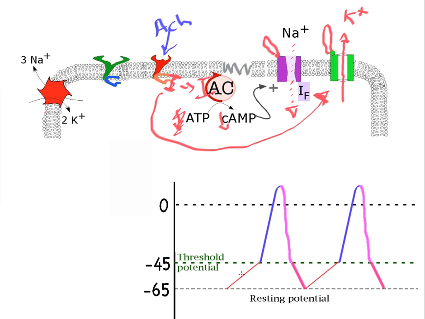That's also a relatively polarizing thing. Remember, it's potassium leaving. Here, that's actually repolarizing the membrane. Here, many fewer potassiums are being let out, but some are being let out. And so the combination of the two leads to quite a decrease in the rate at which the potential moves